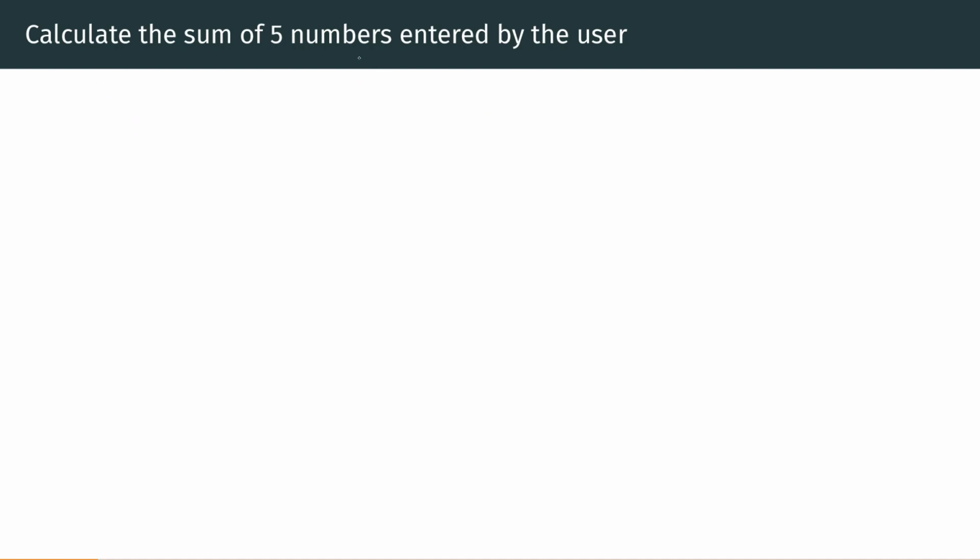So obviously these are five numbers. And these are entered by the user. So you'll have to use the input statement, right? So it would be something like this. You need five numbers. So you need five variables to store these five numbers, right? So it would be something like a equals int input